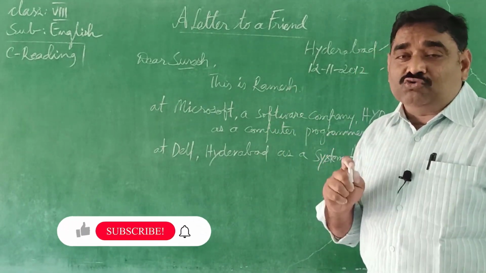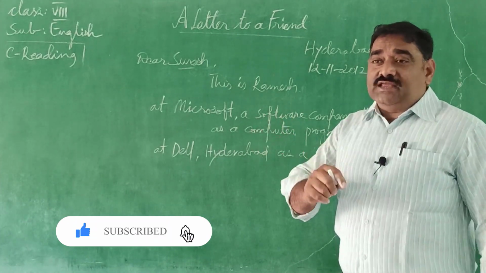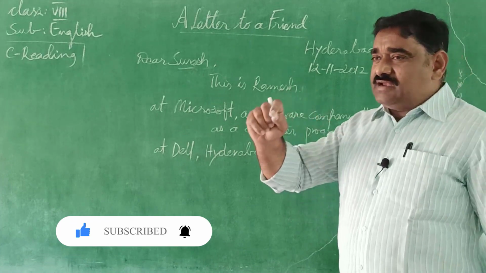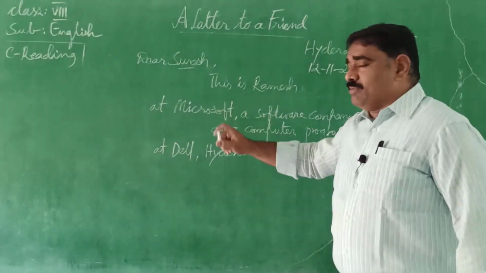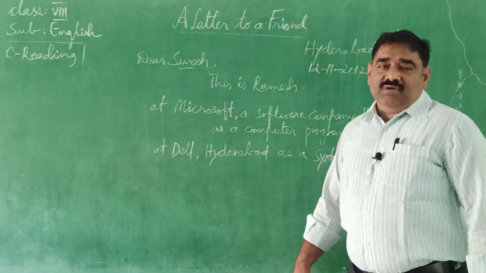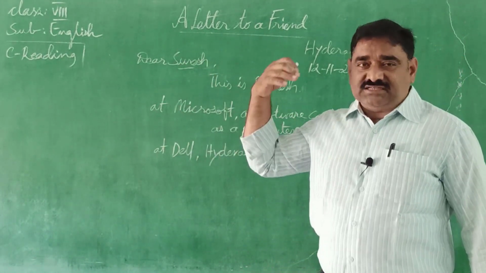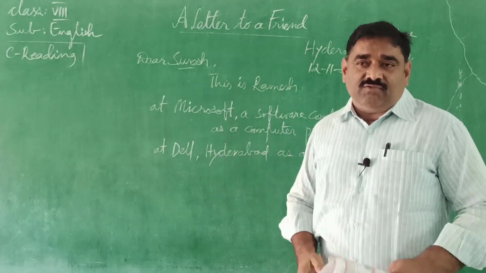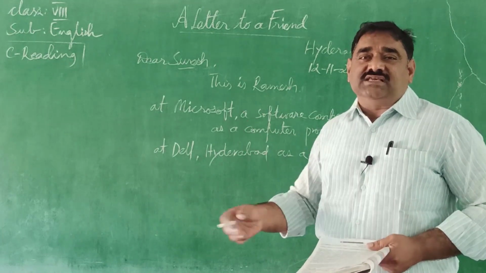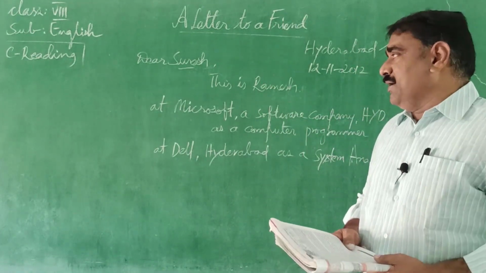Why do they go to the baby care center? They have a child, so they need to leave their baby at the baby care center. Immediately Ramesh goes to the Microsoft office, and his wife goes to the Dell office. Maybe both are in quite opposite places of the city: one company on the east side, one more company on the west side, the baby care center on the north side, and their nest, their residence, nothing but an apartment, on the south side.